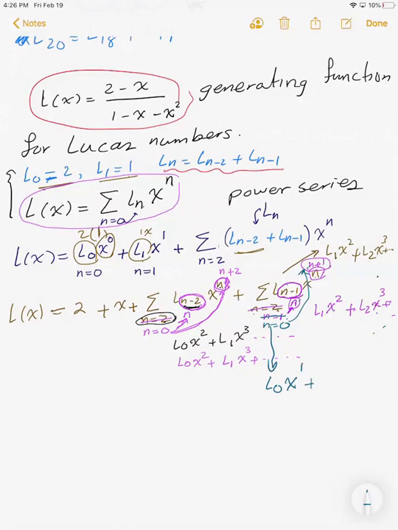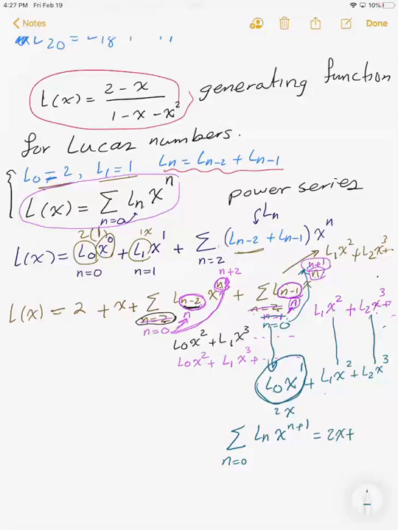Plus, then I change n to 1. And when I change n to 1, I get L1, and x to the power 1 plus 1 is 2, plus L2, x to the power 3. So as you see, these terms are okay. I just have this additional term, and L0 is 2x. So what happened is, for n is equal to 0, ln x to the power n plus 1 is going to give me 2x plus the rest, plus n is equal to 1,